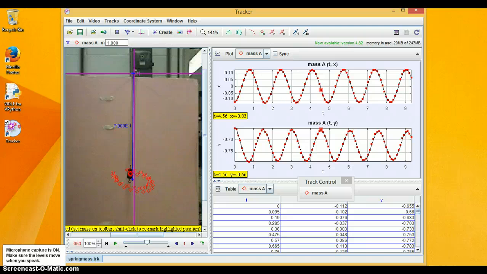I estimated the oscillation periods from the X data I collected in the tracker video and from the Y data I collected in the tracker video. The average period for the X data was 1.65 seconds, and for the Y data it was 1.52 seconds. They should be the same, but they are pretty close, and I believe the minor differences resulted from inaccuracies in my video tracking. As for springs in the kitchen,